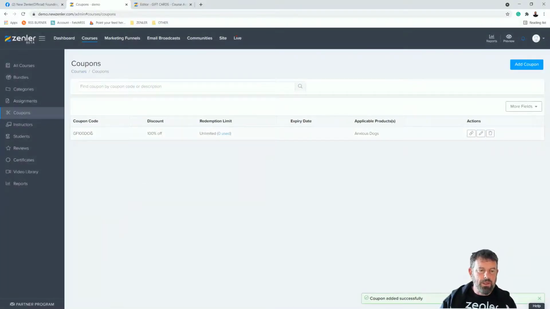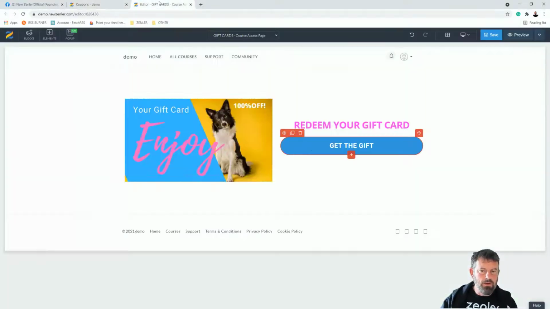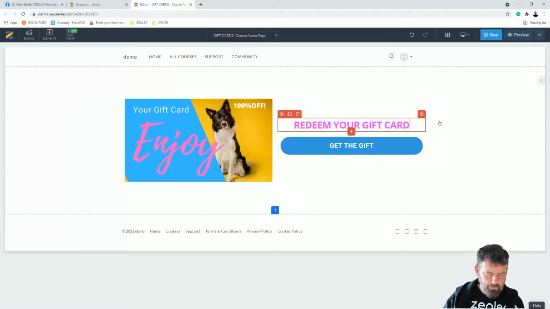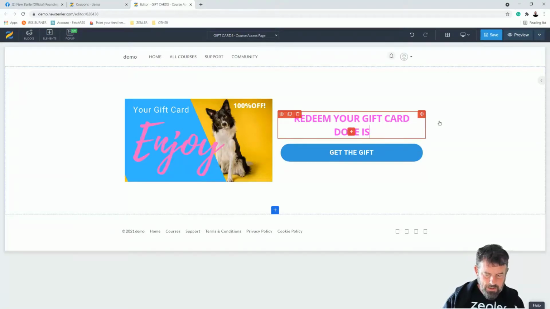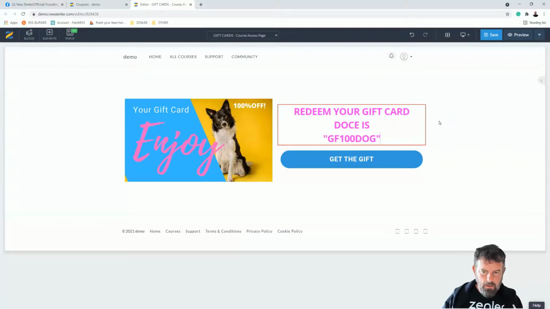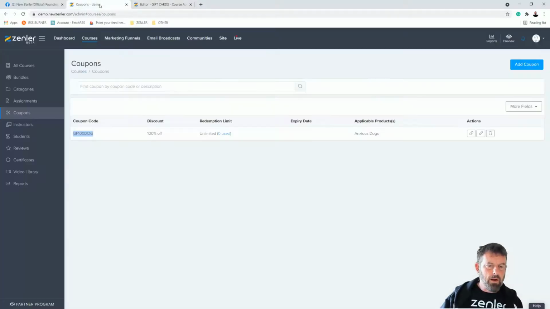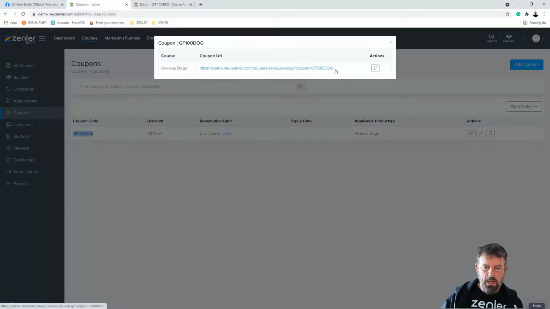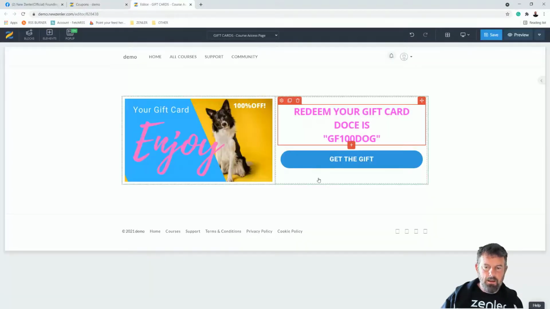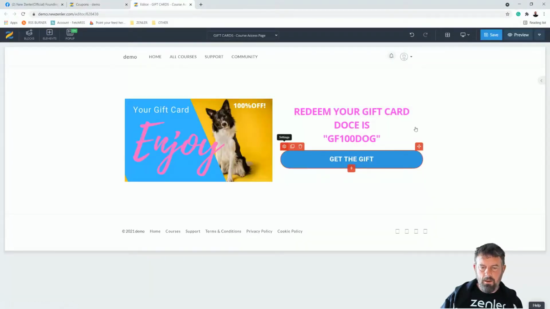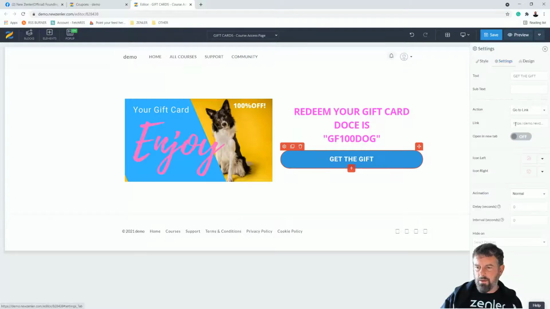So now I've got this gift code. This is the gift code that I can use. So redeem your gift code. Code is, and then something like that. And I can also do the link to that as well. So I've got a link. You can see that's the course, the anxious dog. So I'm going to copy that link, go into here, go into the edit, go down to where the link is, and put that in there, click save,